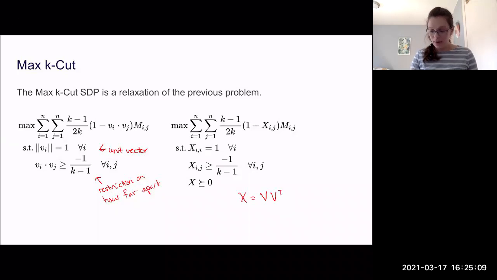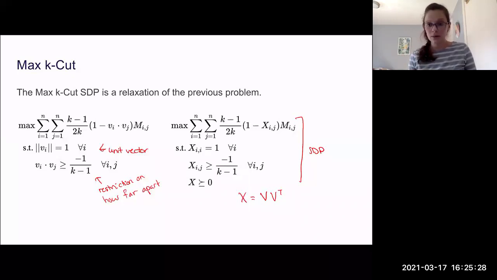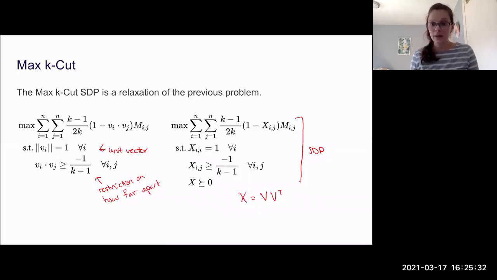where I have X be my dot products between vectors. So any semi-definite program can be represented as vectors and their dot products. And so this is the same thing, where I can clearly see that this falls into the semi-definite programming framework. So this is called the max k-cut semi-definite program, and it has been studied before.